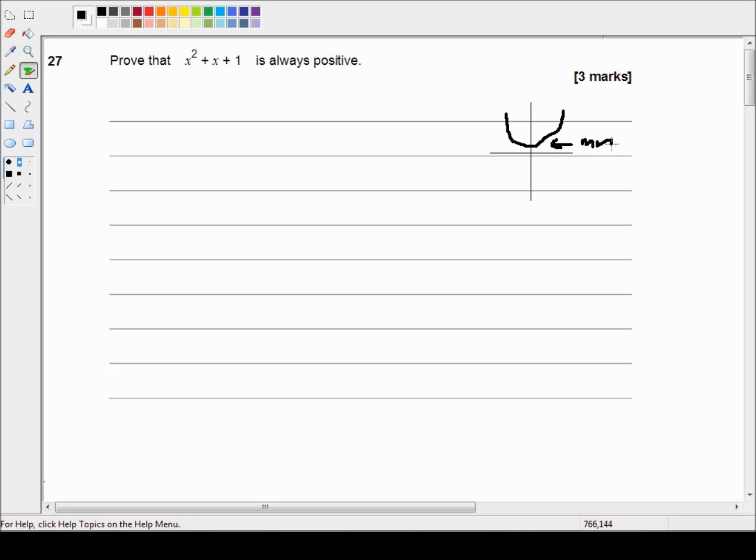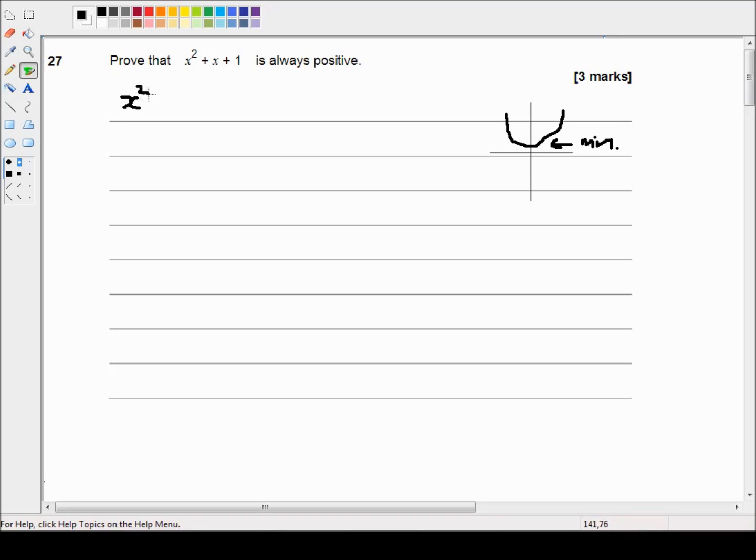And if the minimum point is positive, then everything is positive, because this is the minimum point, it's the smallest point. So if the smallest point is positive, everything is positive. If the smallest point is negative, then some of the values can be positive and some of the values can be negative, and it won't be always positive. So I'm going to say that